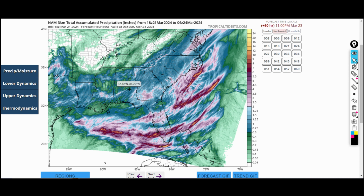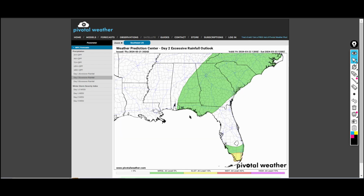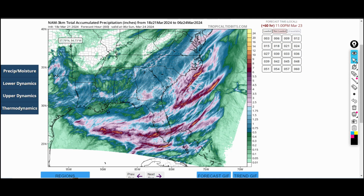The system that's moving through the south is going to bring heavy rain, and there is a potential for flooding, actually. There's a marginal risk of excessive rainfall for the southeast, especially southern Florida. This is also the NAM model showing maybe an inch, maybe 2 inches of rain in localized areas across most of the south. Southeast could get 2 to 3 inches of rain. Florida looks like they'll get a little more, possibly 5 to 7 inches in some localized areas. So that could lead to a slight risk of flooding,